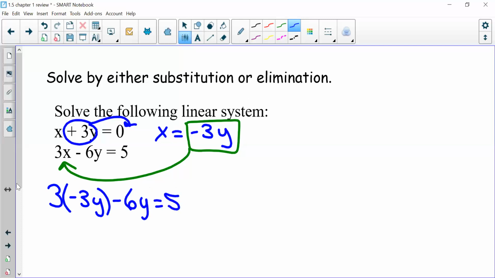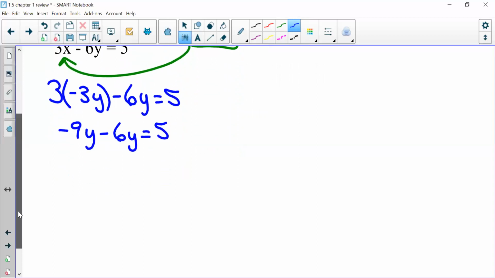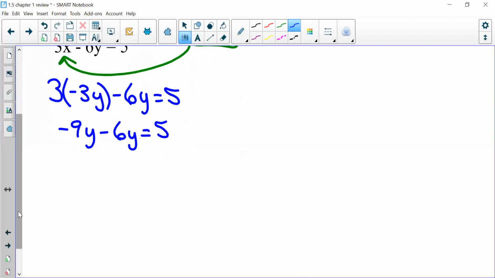Mark, you're going to keep going? Yeah, so negative 9y minus 6. So then we have negative 15y equals 5. Okay, then divide both by 5. And then y equals